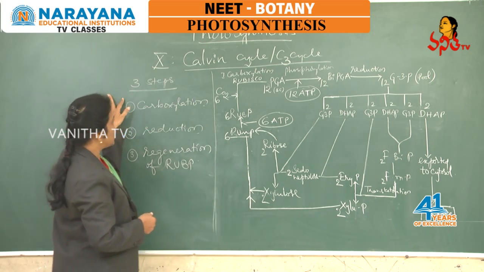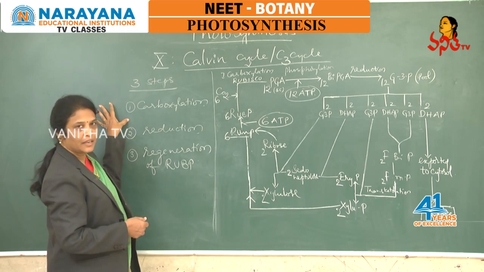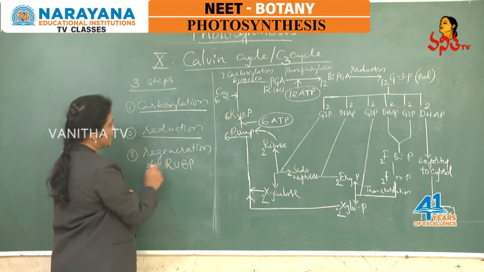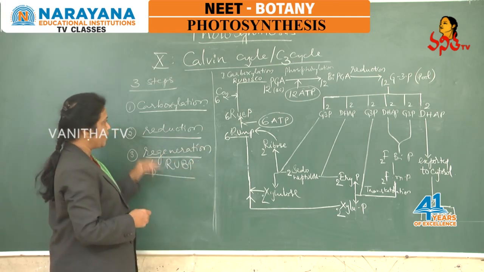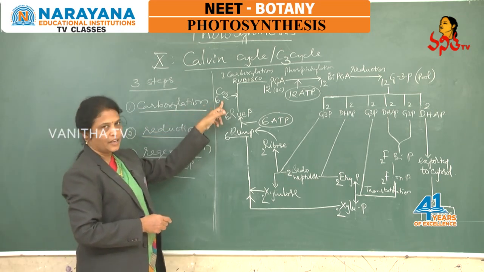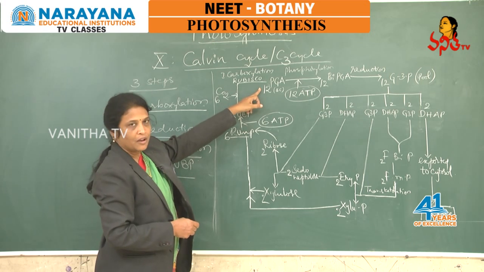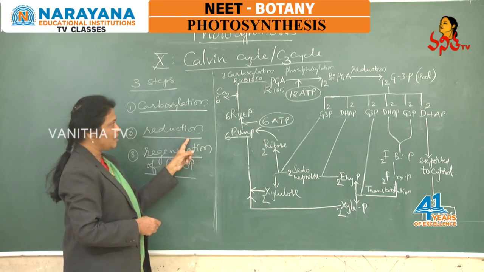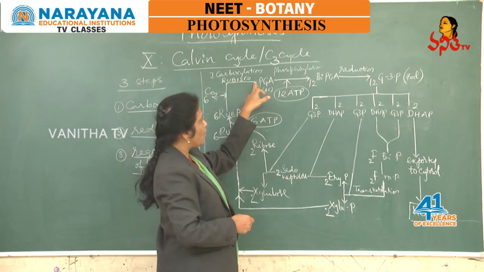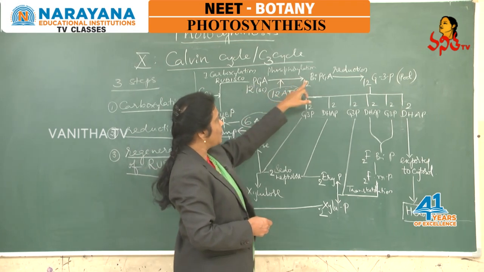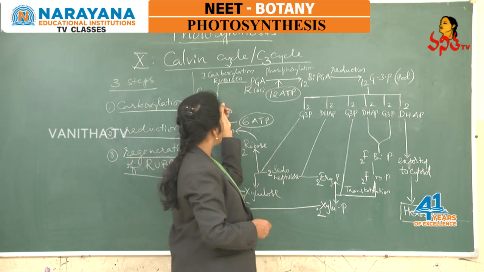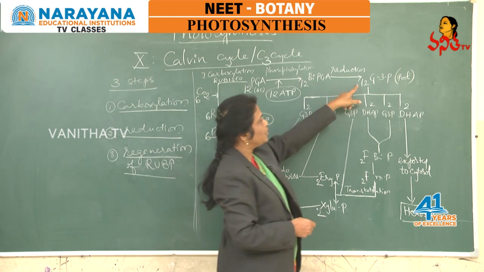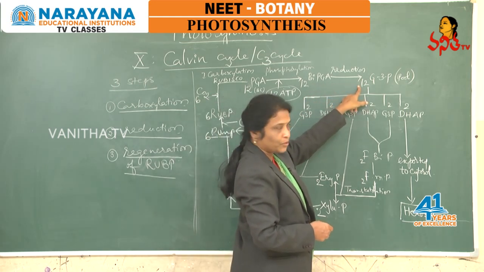Now let us see the different major steps involved in the Calvin cycle reaction, and that include three major steps, that is carboxylation, reduction and regeneration. Okay. Carboxylation is the fixation of inorganic carbon dioxide in the form of an organic acid, that is phosphoglyceric acid. And reduction: that organic acid, phosphoglyceric acid, undergoes phosphorylation and reduction, meaning carbon dioxide is converted into organic form, that is carboxylation, and further that is reduced into sugar molecules, and here triose sugars are formed.